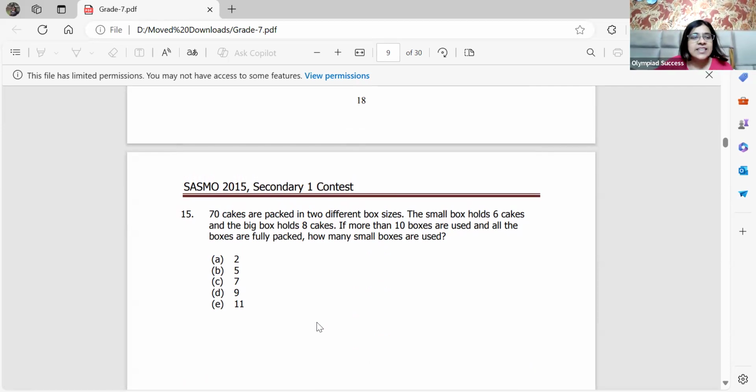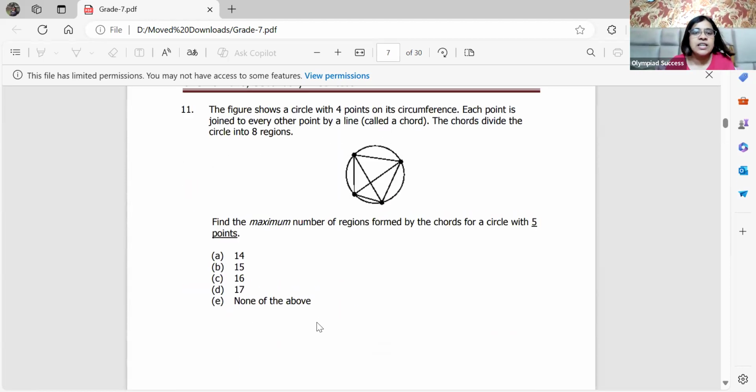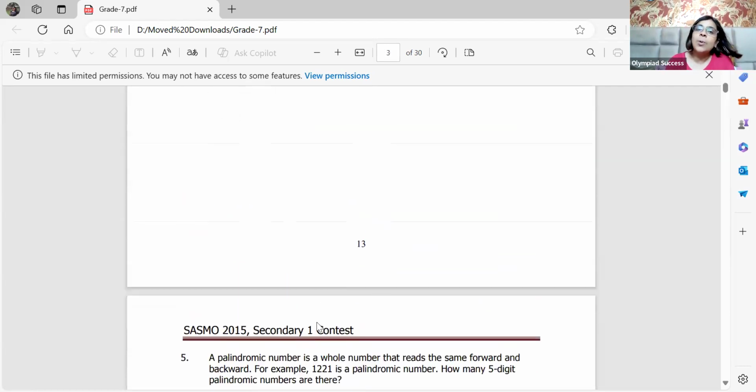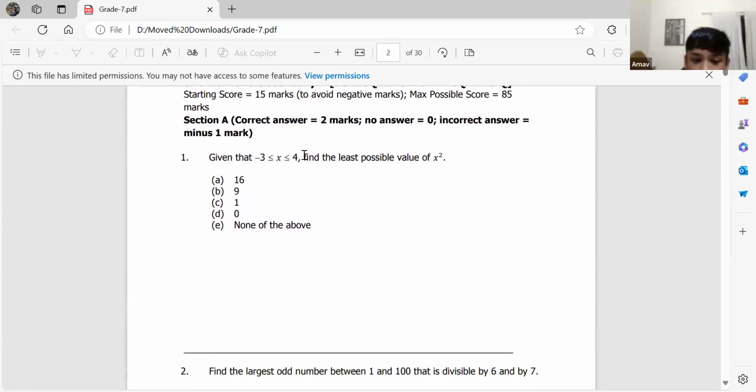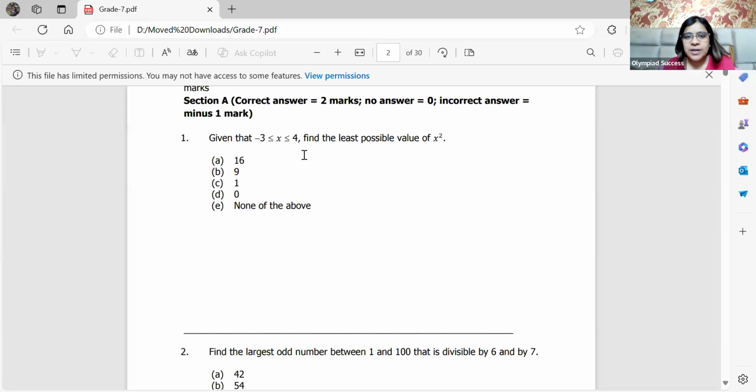If you're practicing, then it's not just about the exam, it's more about how well you do in your school also. Because in school there's a lot of rote learning. You have a specified syllabus, a specified chapter to cover before the exam. But here, it's very thoughtful. Some of the questions I'll show you are really special, and some are formula oriented. Another very favorite section of theirs is finding the missing term or the next term. That's like every year you get that. So, would you like to start with the first one?